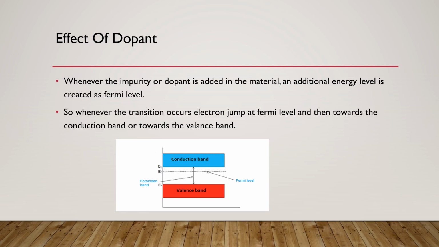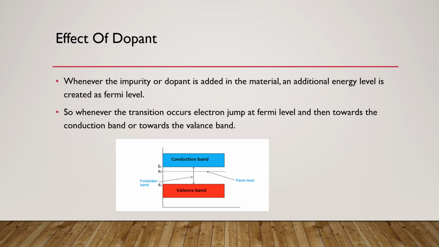Here we will discuss the effect of a dopant. What is a dopant? A dopant is, speaking in general, an impurity. It is added to a pure substance so that the characteristics of the substance and its applications may increase. Dopants have a very significant effect on a material, and its properties are greatly enhanced by the addition of these dopants.